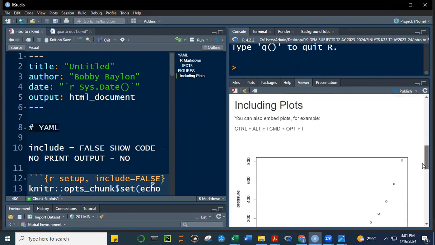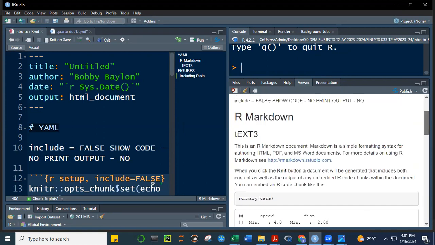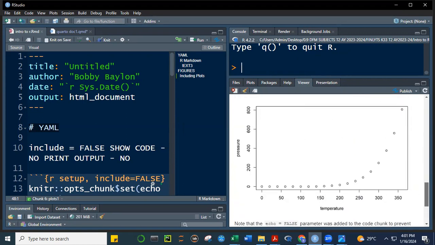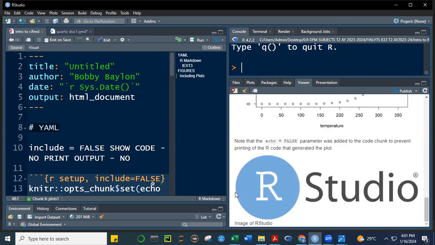Ito na, class, yung knit natin. Okay, di ba nag-knit na tayo kanina? Yan, class, di ba? Di ba inano natin yung plots, yung dalawa. Tapos ito yung image, class. Okay? So you can see how powerful yung RMD as far as report generation, madali siya, class,